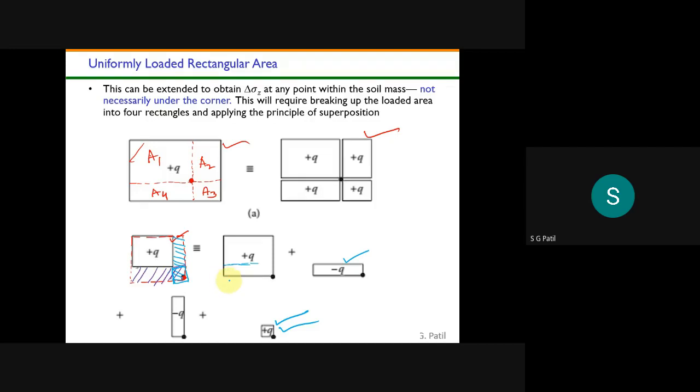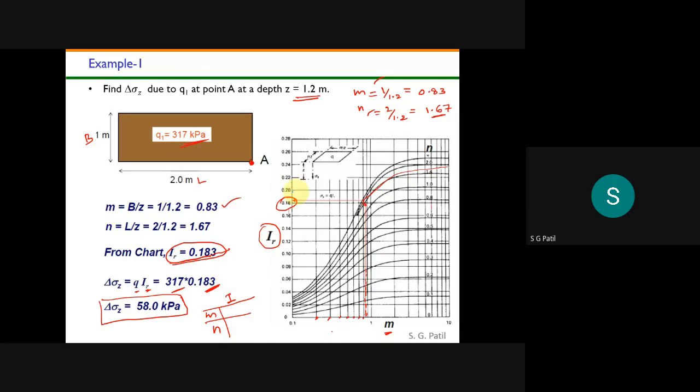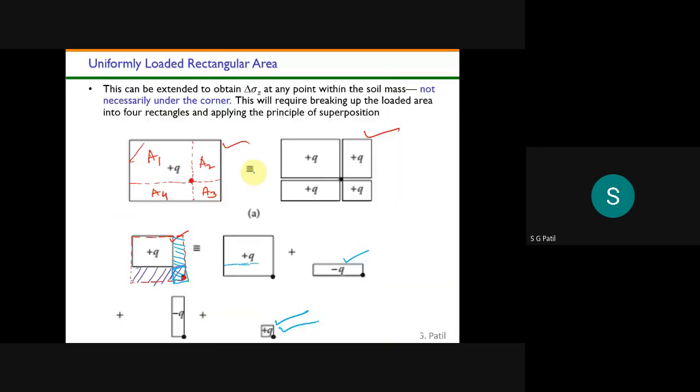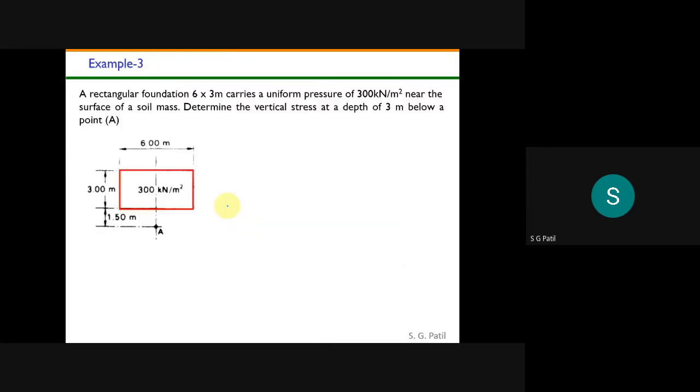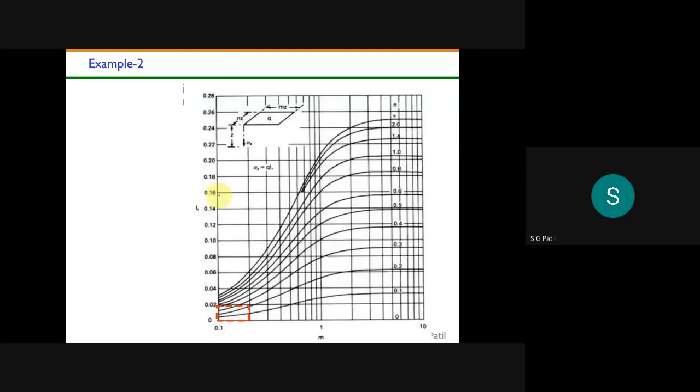Okay, so let us solve one problem, then you will understand. This problem, I think, is very straightforward. Now I will take another problem here. This problem also is fine, but after this, this is a superposition problem. I will come to this problem later. Before that, let me solve this problem.